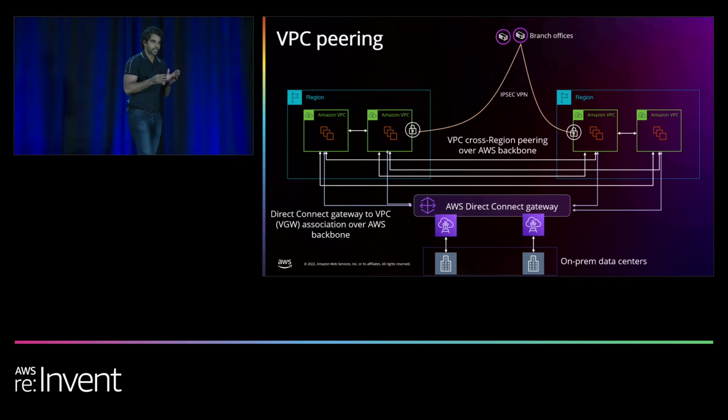Now, VPC peering is very fundamental in what it offers. It just connects two VPCs. There is no network segmentation. There is no transitive routing. But the simplicity is where its strength lies. VPC peering uses native VPC constructs to bridge 2 VPCs. So there are no additional gateways, no additional hardware, no bottlenecks, and no additional hourly costs.